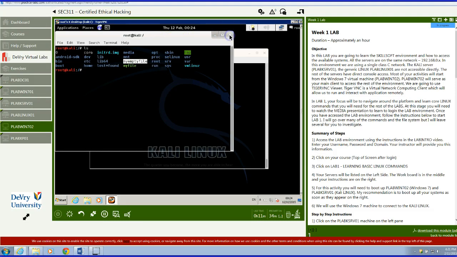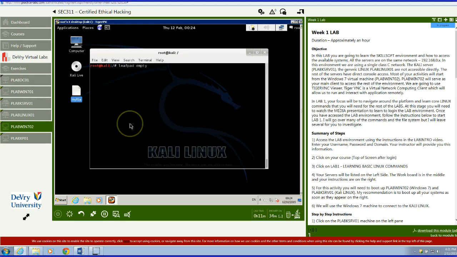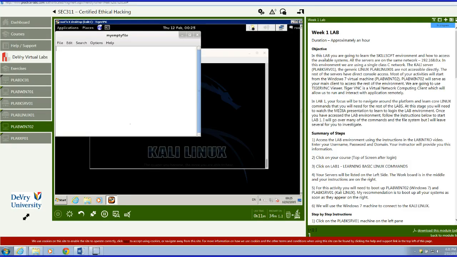So I'm going to close this folder. My empty file, right? So my empty file, enter, and it will open it. Okay, now I can type things in it, whatever you want to type in there, right? Bunch of stuff, right? And if I want to save it, all I need to do here is click on save,